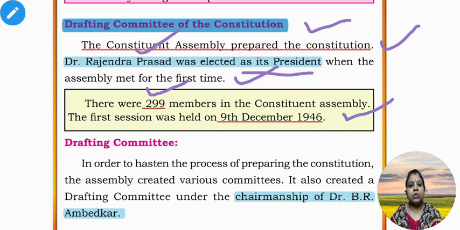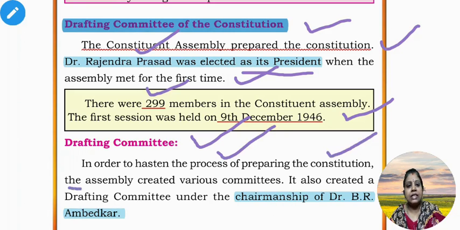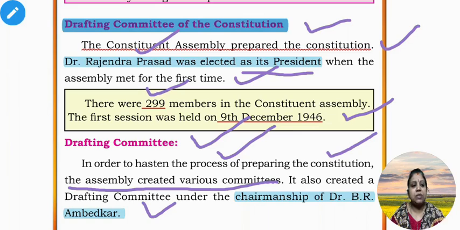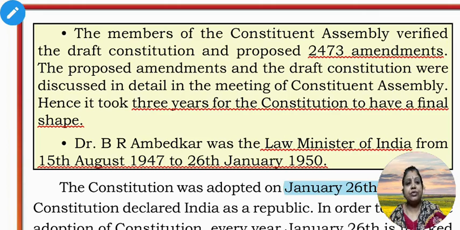Let us discuss the drafting committee. A drafting committee is essential in order to hasten the process of preparing the Constitution. The Assembly created various committees. It also created the drafting committee under the chairmanship of Dr. B.R. Ambedkar. The members of the Constituent Assembly verified the draft Constitution and proposed